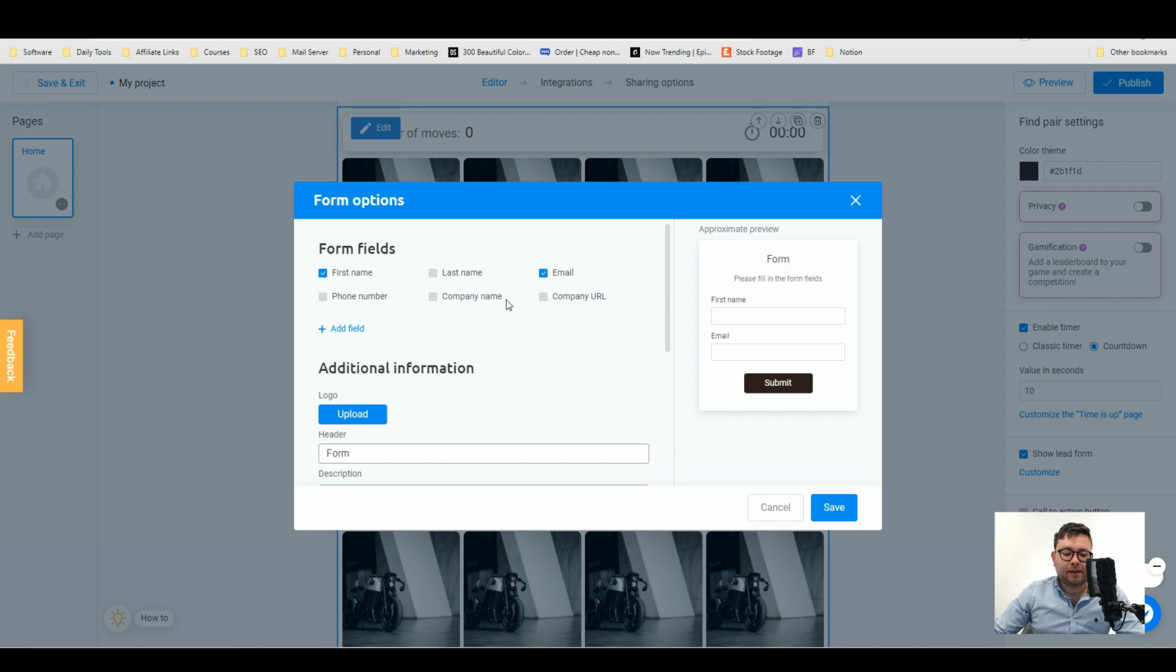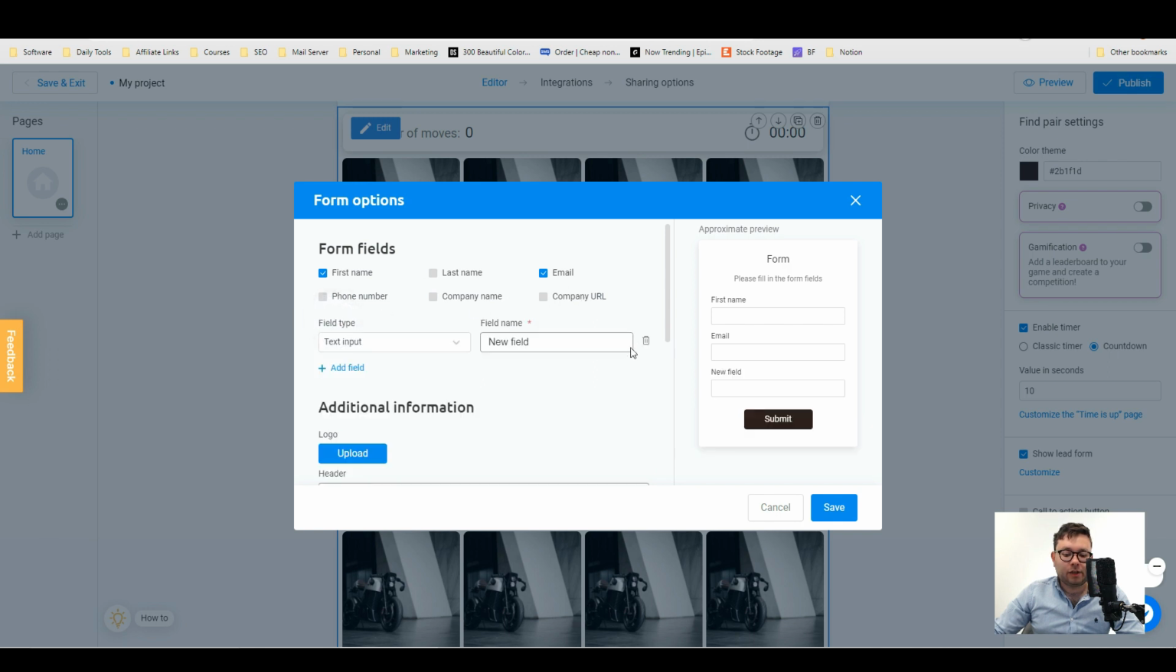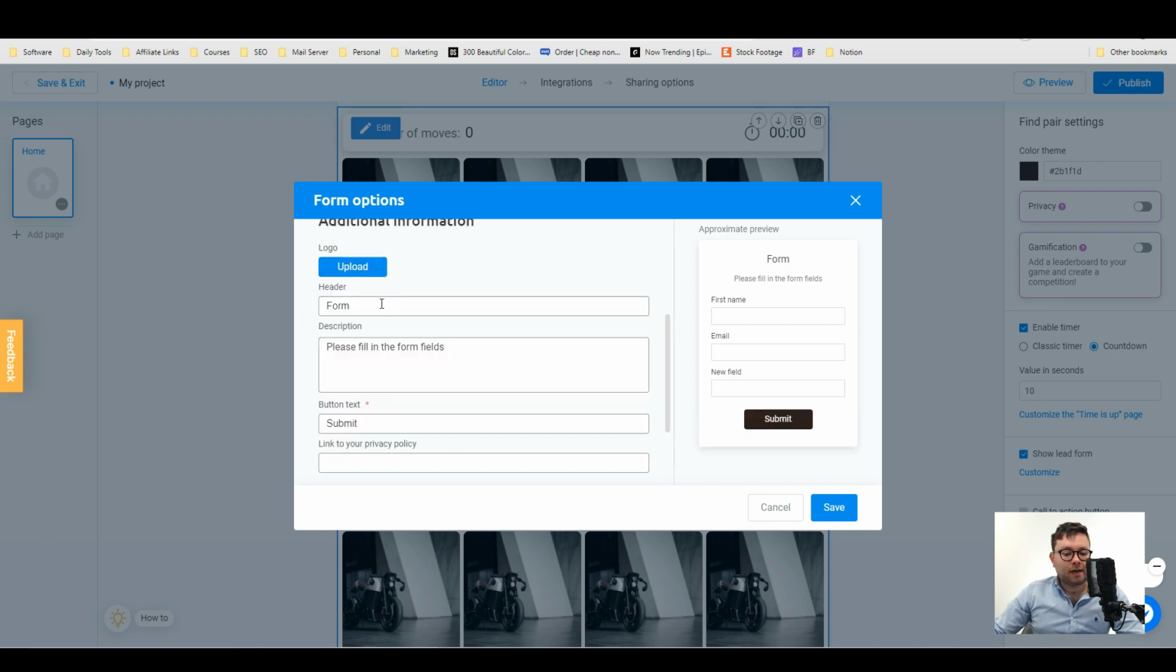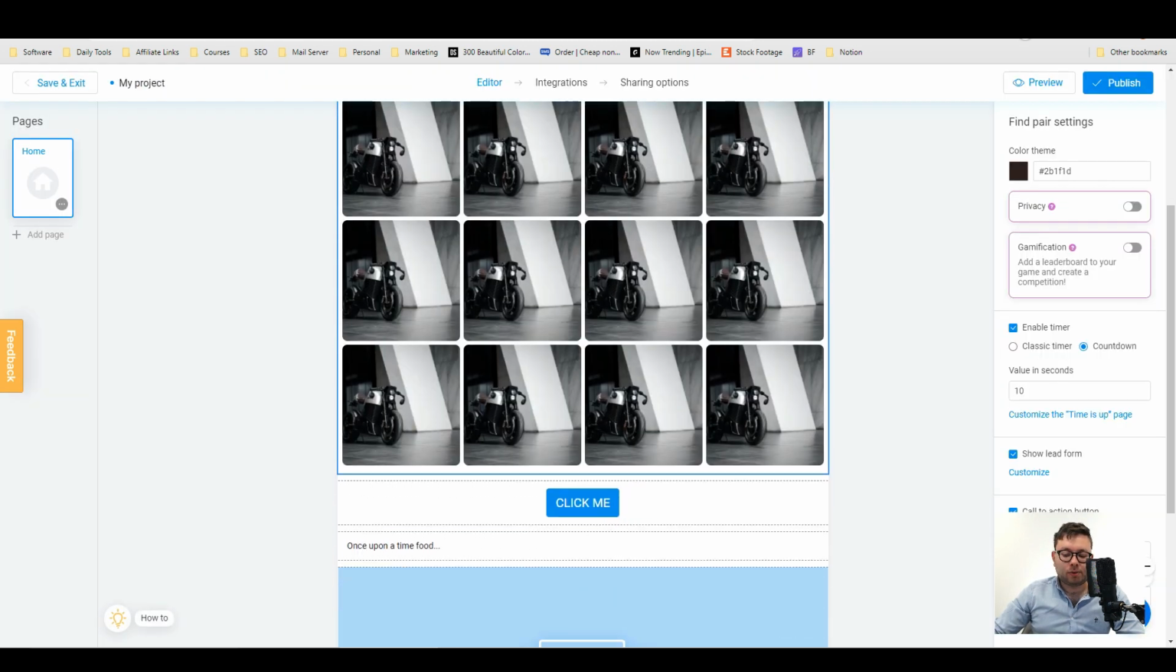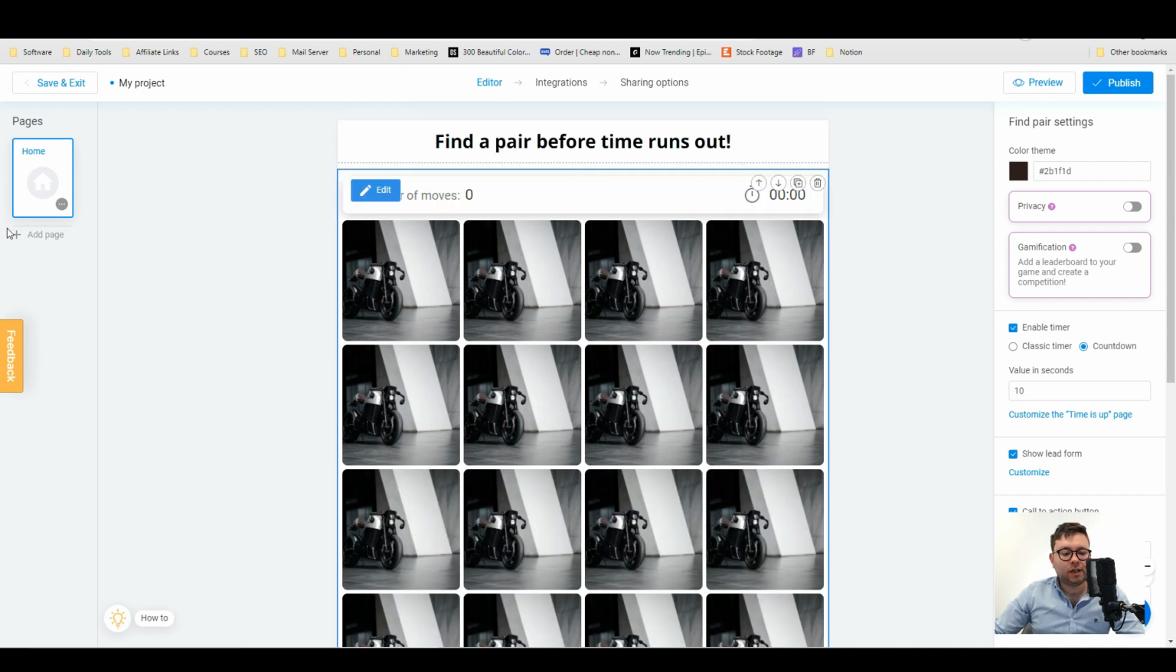You can then add in these default fields or even add your own fields here. You can brand it with your logo, descriptions, button text, and even integrate it with MailChimp. You can also add a call to action button, and if you have multiple pages, you can do add page